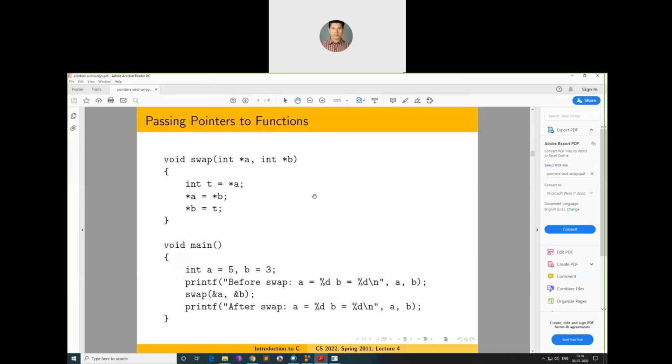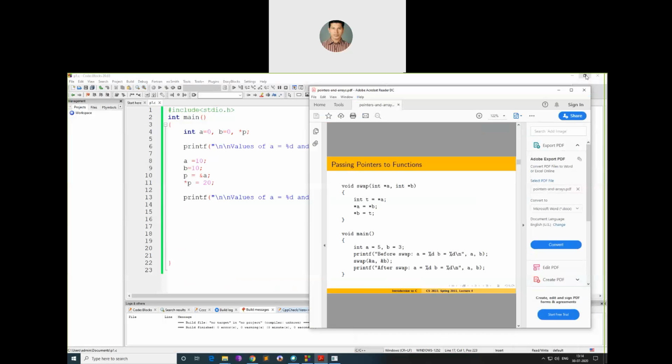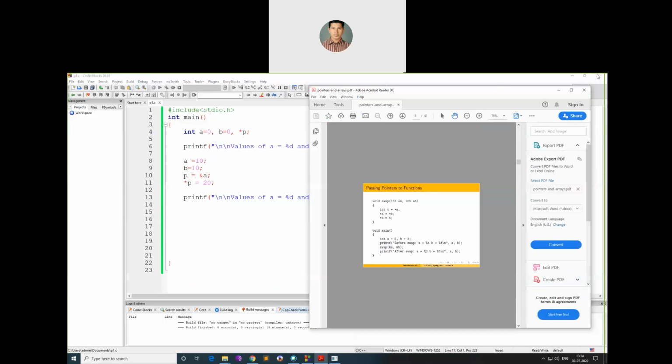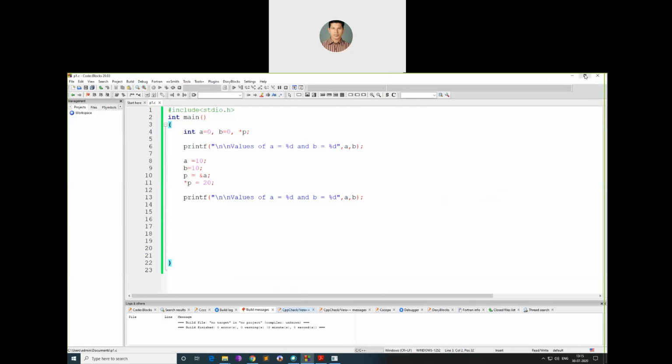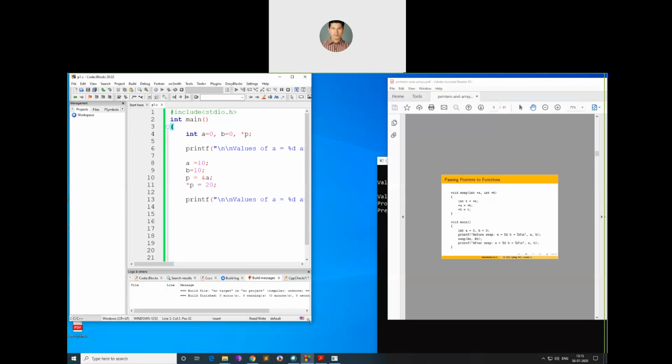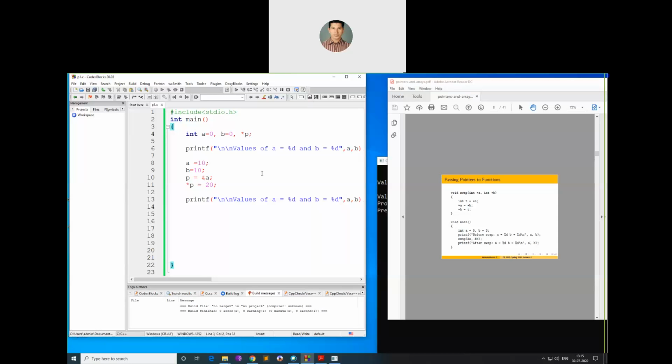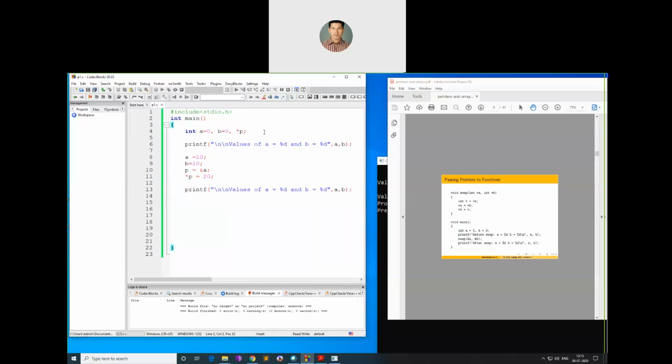Now you can see this. We have a program for swapping variables. We'll do this in both ways, before conversion and after conversion, pass by value and pass by reference. So what is the main program? Int main. I will have a, b, two variables. I want to swap them. A equal to 5 and b equal to 10, and I want to swap these values.